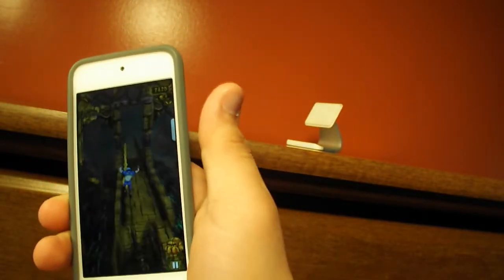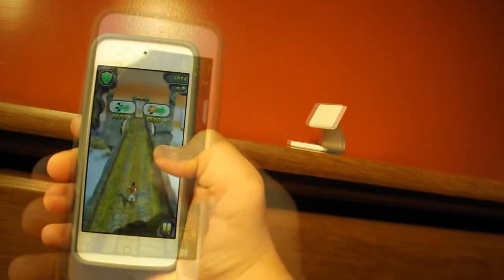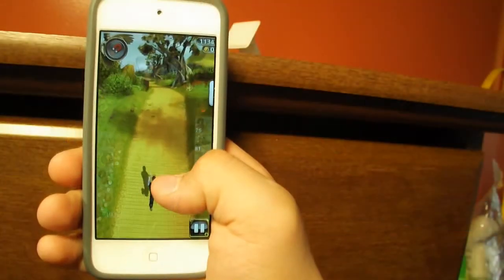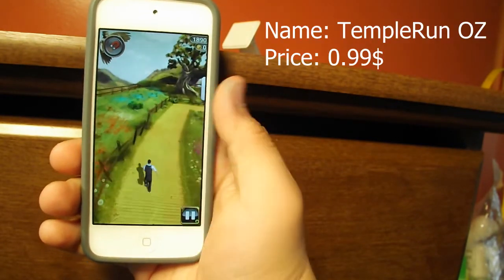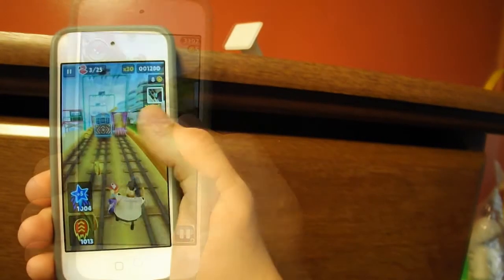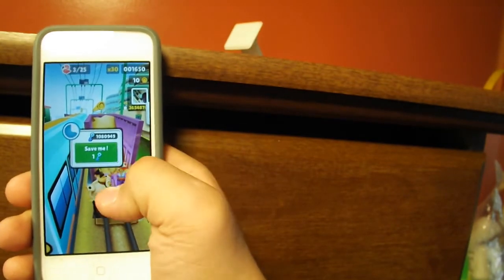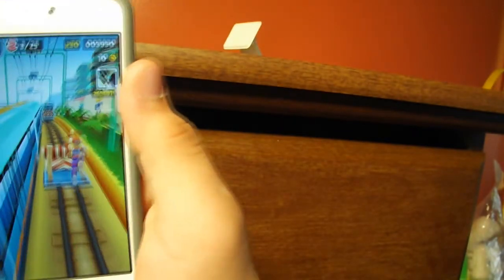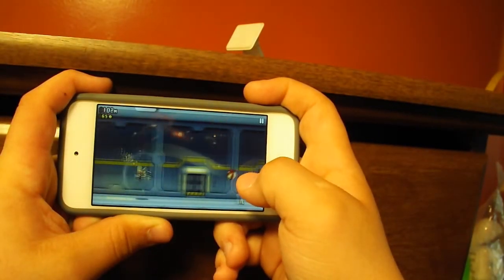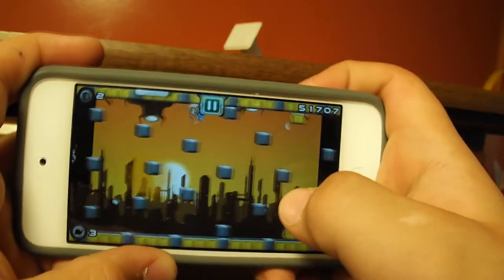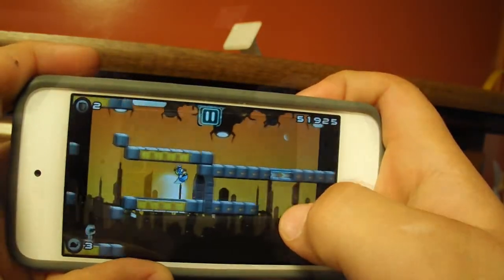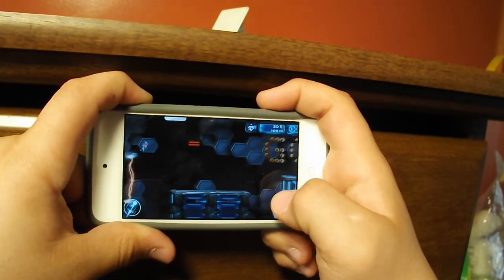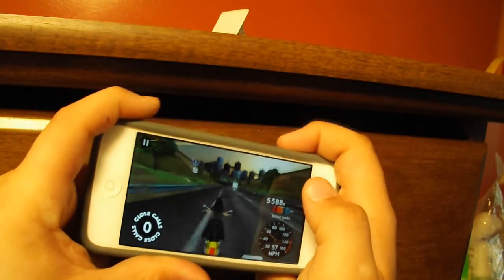I have Temple Run 1, Temple Run 2, Temple Run Oz, Subway Surfers, which is on the first episode of my favorite game of the week, which will be linked in the video description. Next we have Jetpack Joyride, Gravity Guy, Gravity Guy 2, Highway Rider,